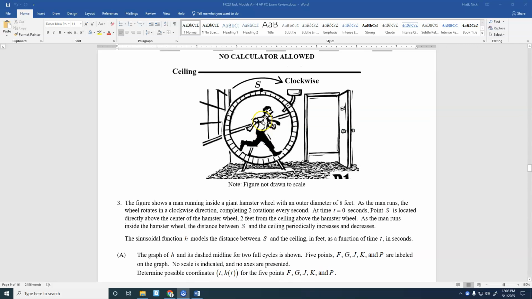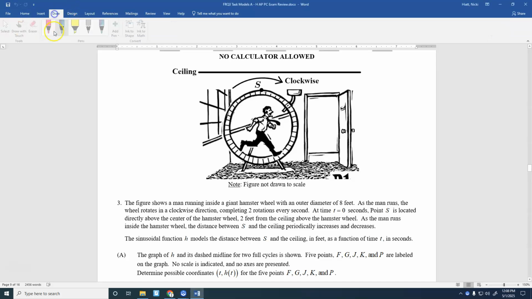Typical question of what you will see. It does have a little bit of a twist that is a little tricky right here. The figure shows the man running inside a giant hamster wheel with an outer diameter of 8 feet. So outer diameter means just to the outside of the wheel, because apparently this has some width to it, right? So from right here to right here, that is 8